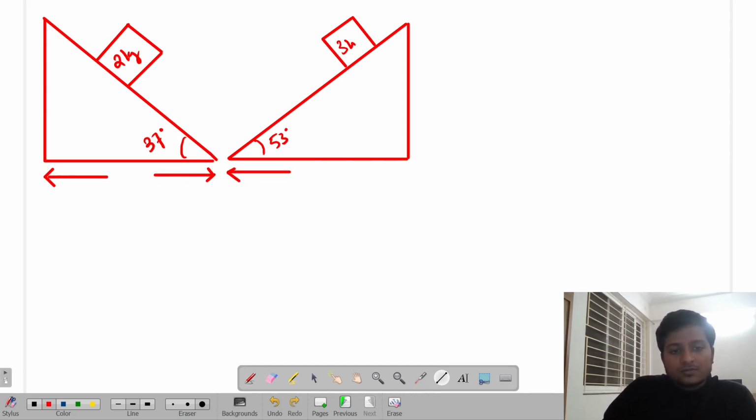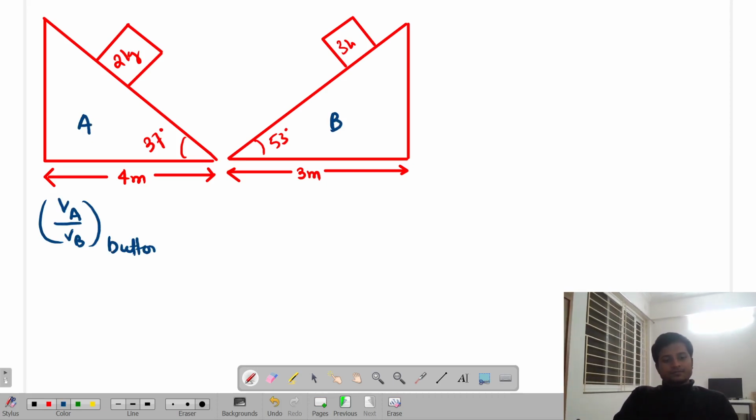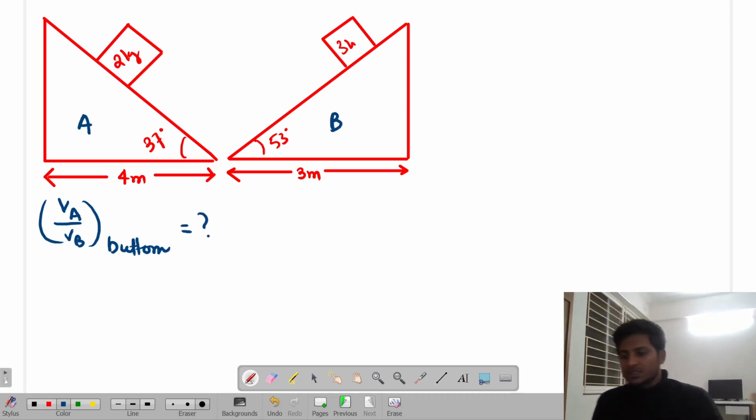Is that clear or not? Then let's suppose this is 4 meters and this is also, sorry, 3 meters. Then the question arises: let's suppose this is block A, this is block B, find V of A with respect to V of B at the bottom of track. बताओ जल्दी से, 2 मिनट टाइम हमारे पास, जल्दी से बताओ।